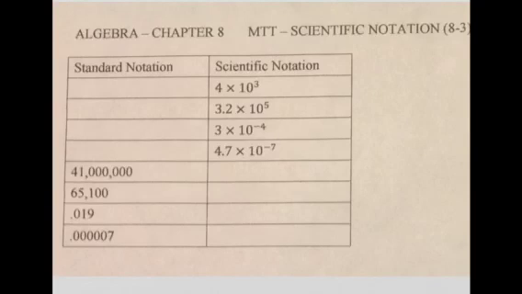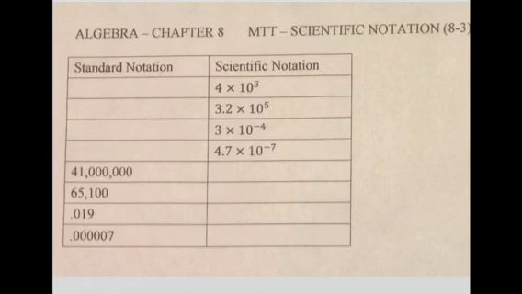Open up your MTT. We're going to work with scientific notation today. We're going to do a quick review on how to write standard form and scientific notation form of numbers. So if we're given the scientific notation, we're going to look at the exponent. If the exponent is positive, that means our number is going to get larger and the decimal is going to